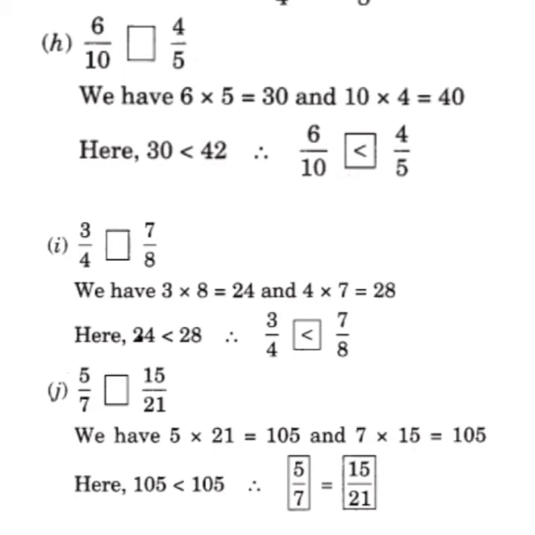So after cross multiplication of 15 multiplied by 21 we get 105, and 7 multiplied by 15 we get 105. That means both the fractions are equal. So 5 upon 7 is equal to 15 upon 21. Children, here 15 and 21 both are composite numbers, so we can reduce this fraction into its lowest term and we will get 5 upon 7. That means by this method also both the fractions, 5 upon 7 is equal to 15 upon 21.